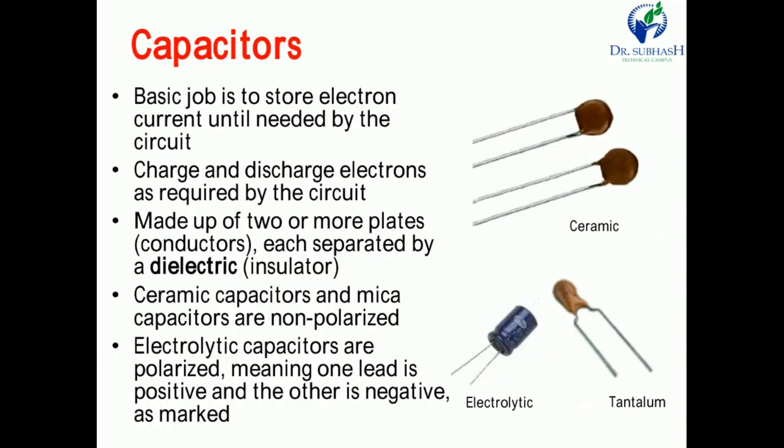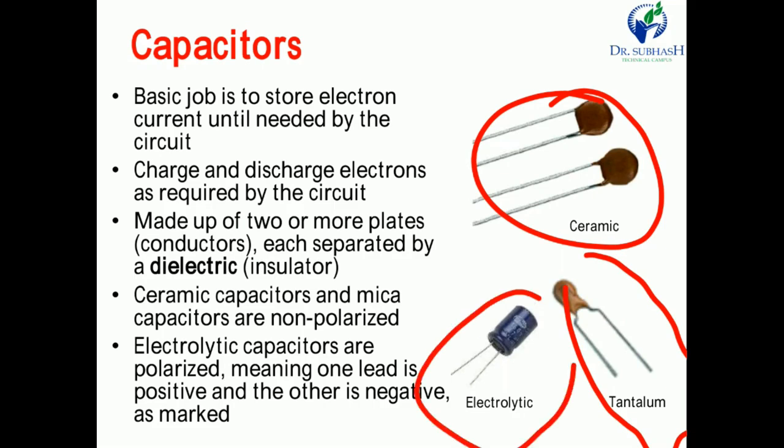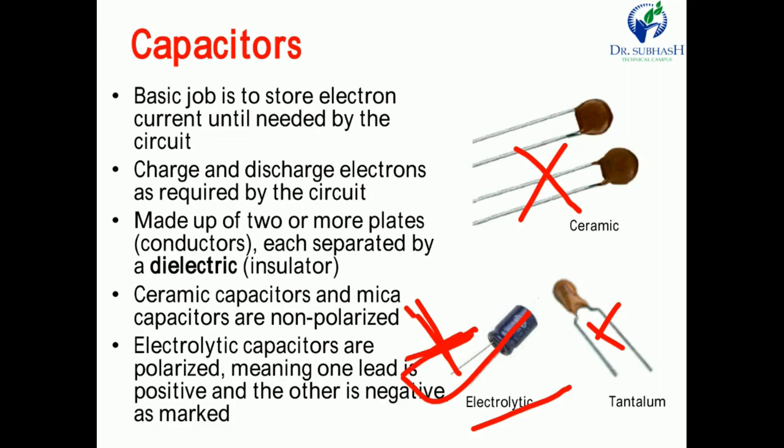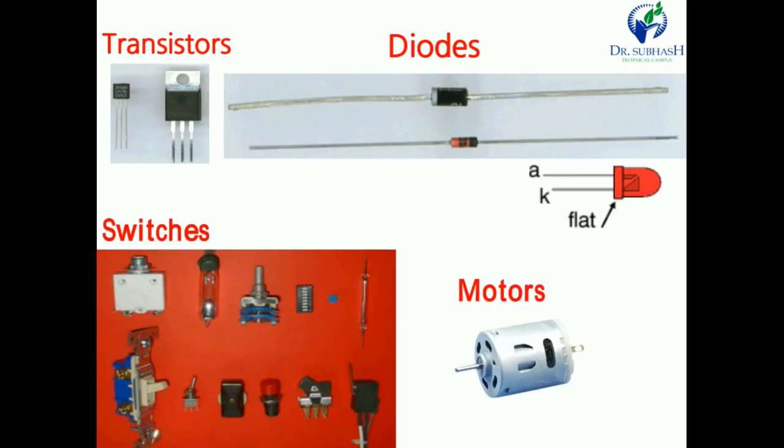Then this one is about capacitor. These are the ceramic capacitor, titanium capacitor and electrolytic capacitor. Friends, you have to remember in this slide, this one is electrolytic. Here plus and minus is there. In this there is no plus minus, but in an electrolytic capacitor you have to remember plus and minus. Generally in this capacitor, the big lead or long lead is the positive and the small lead is negative. On the capacitor there is also a printed plus or minus sign, so you can directly identify the plus and minus.